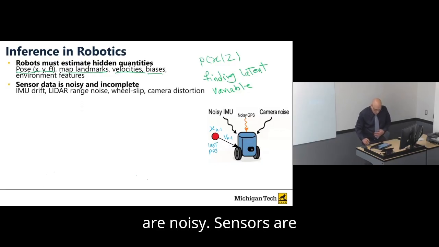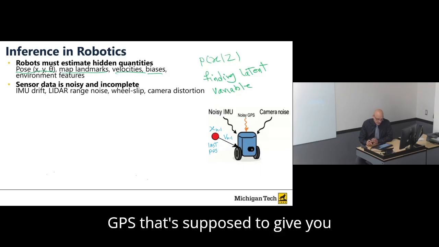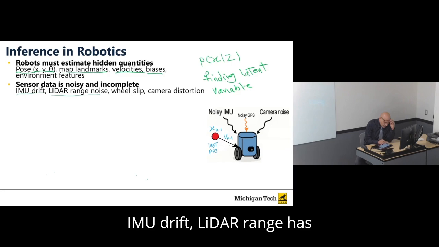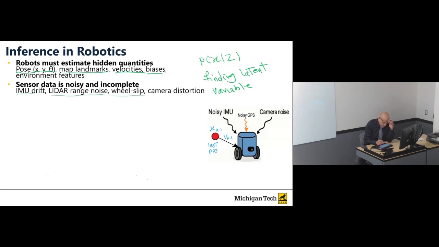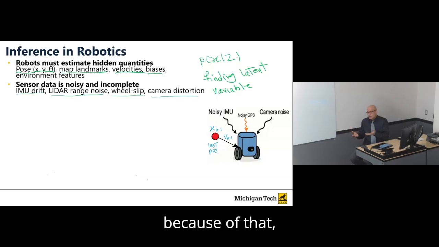So sensors are noisy. That's why even GPS, which is supposed to give you an exact position, is not always precise. IMU drifts, lidar range has noise, wheels slip, and cameras have distortion. So because of that,